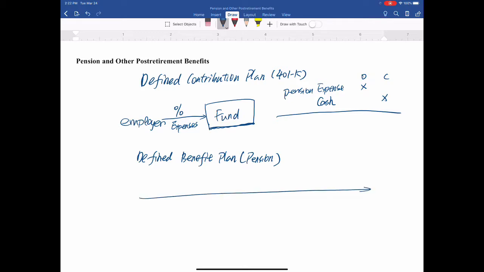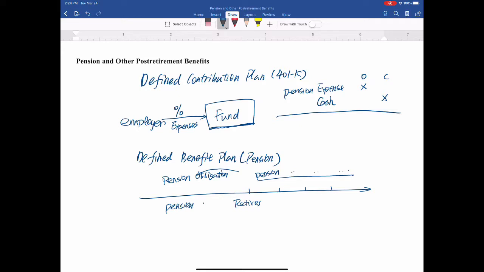I'm using this timeline. Now this point represents the time an employee retired. In the defined benefit plan, the employer is going to pay the pension after the retirement until the death of the employee. Because these pension payments represent future cash outflow, the firm should recognize its pension obligations. The firm should set aside some fund to prepare for these obligations. So this is called